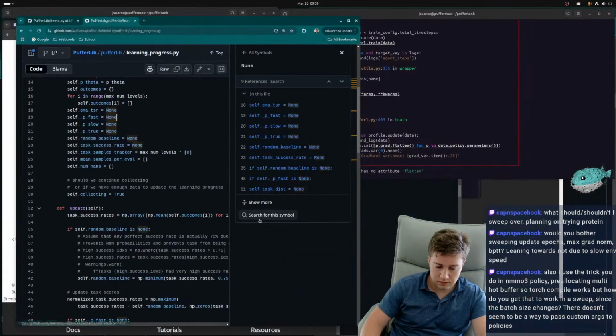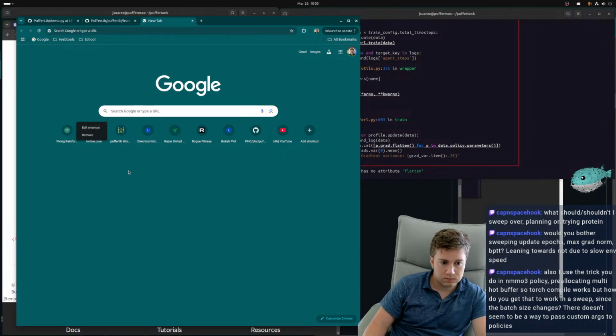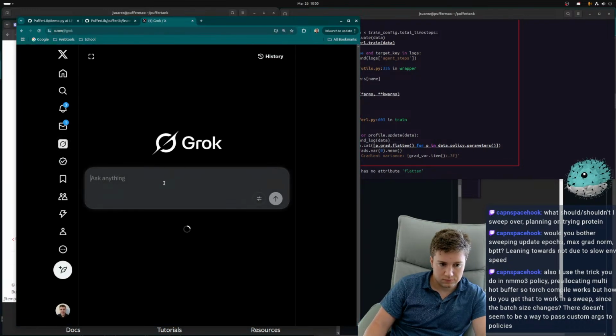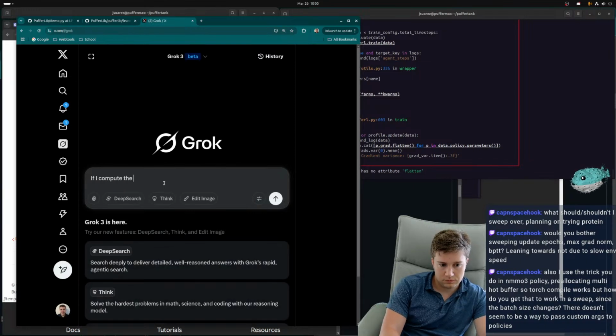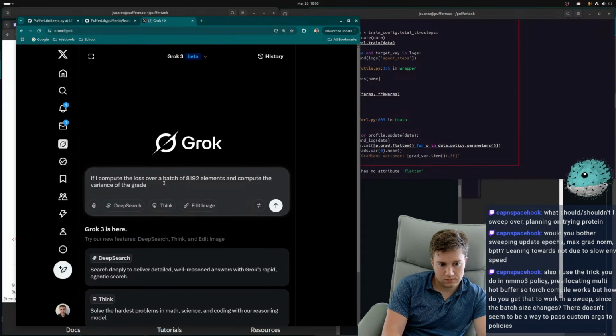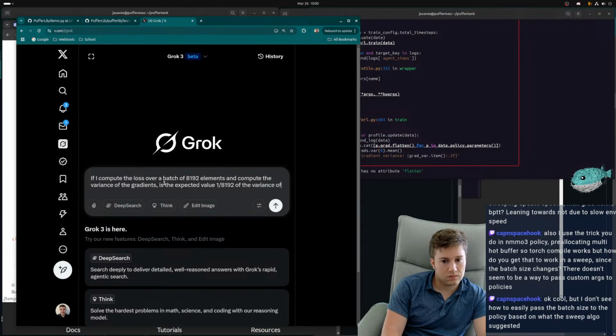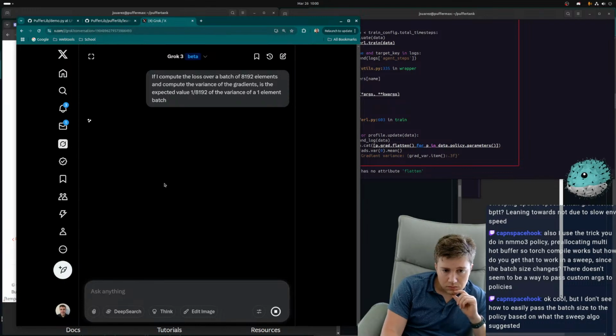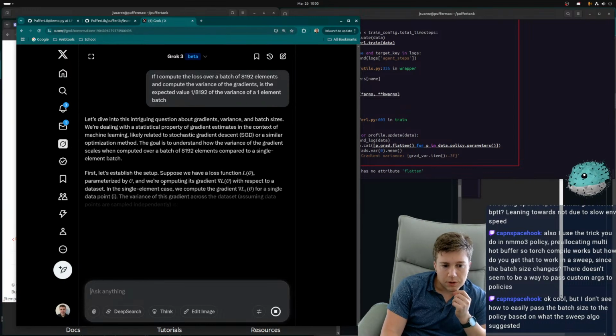I think it's linear. It might be a square root.